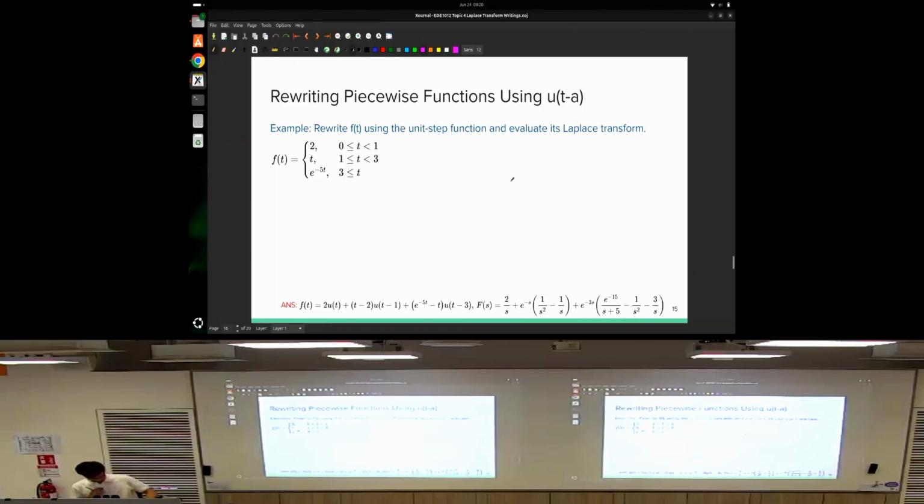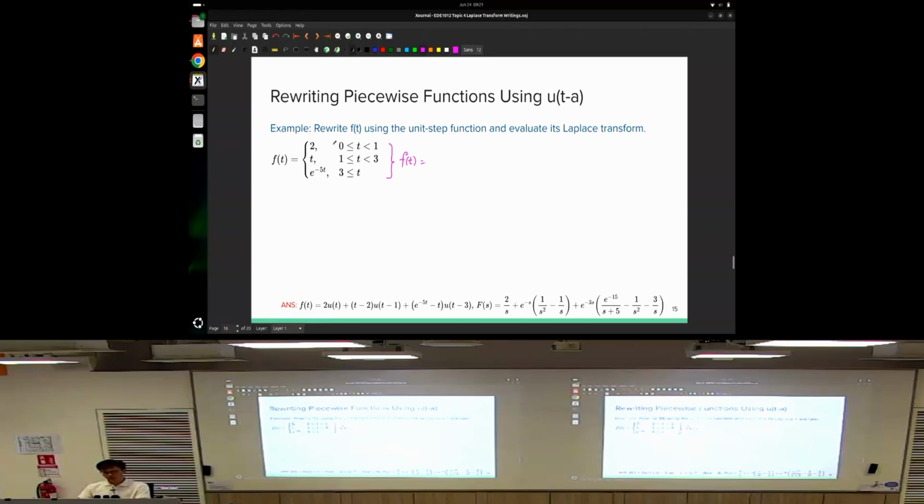So now let's continue. So let's write down the f of t using the unit step function. Then we will do the rearranging to write it into the proper form, and then we write down the Laplace transform. So this f of t, you can see that it's three functions activated from 0 to 1, then 1 to 3, and after 3 respectively. So this expression can be more concisely written as f of t equals to